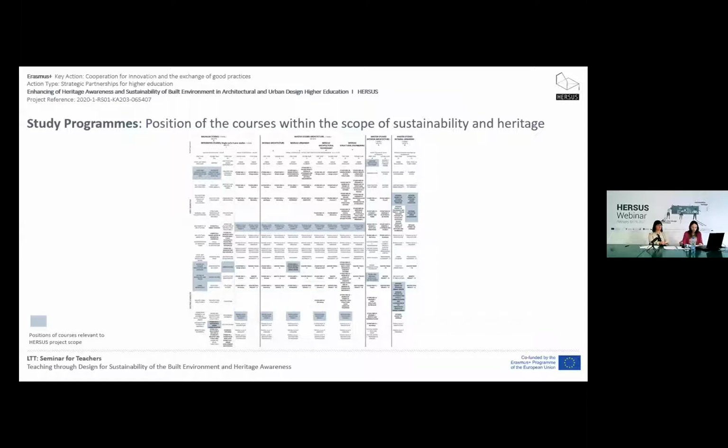So therefore, it is evident that the need, and we can see that here because all those colored subjects and courses are there to support the knowledge in sustainability and heritage, but as you can see, it's not enough. So it is evident that you need to learn about heritage. Different frameworks are established, but unfortunately, they are scattered all over the curricula, lacking an amalgam that will unite all